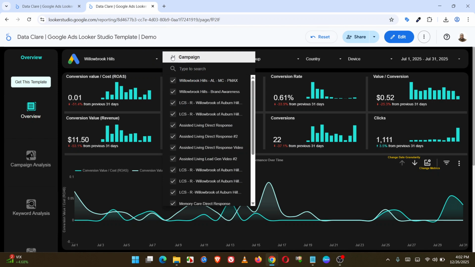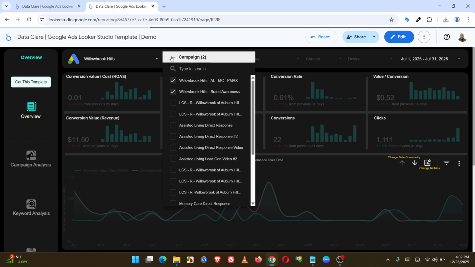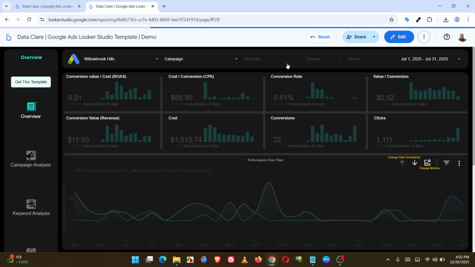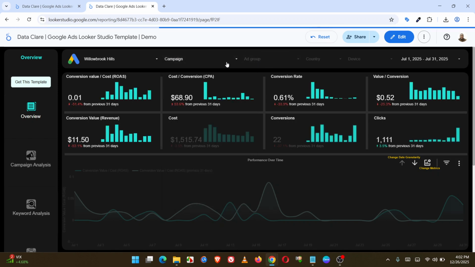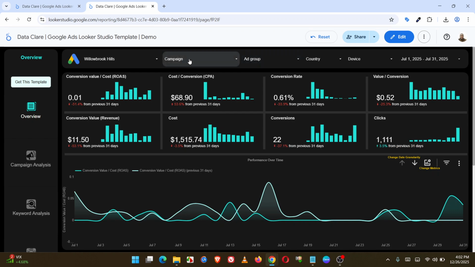And then if you want to select multiple campaigns, you can also search, or you can deselect and just select the ones that you want to analyze by. So the working principle of the rest of the filters is the same as this one. So ad group is the same, country is the same, device is the same, and then we have the date